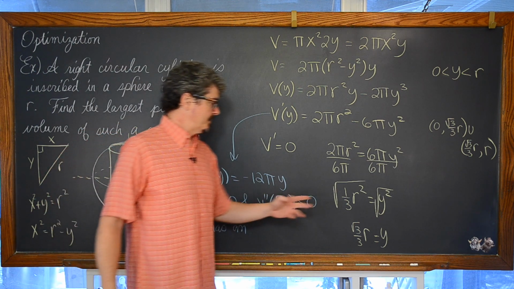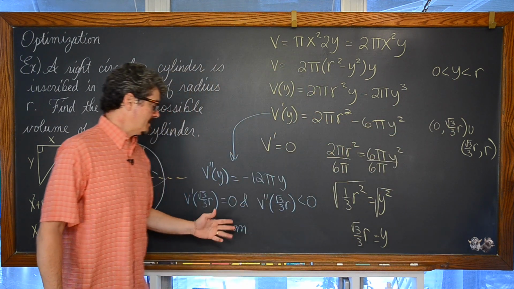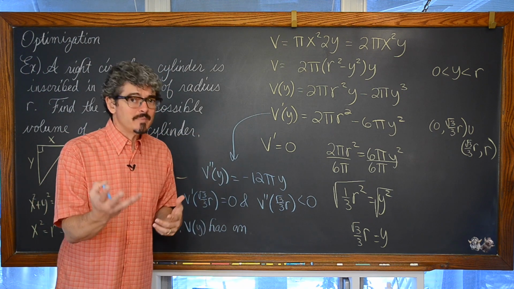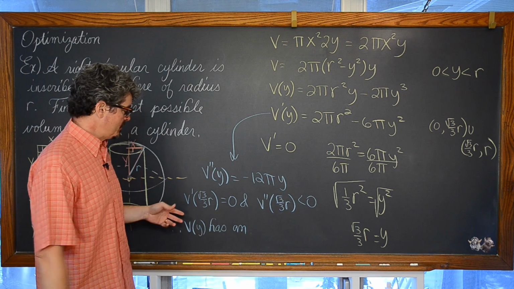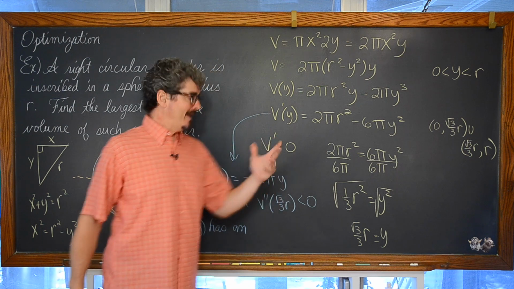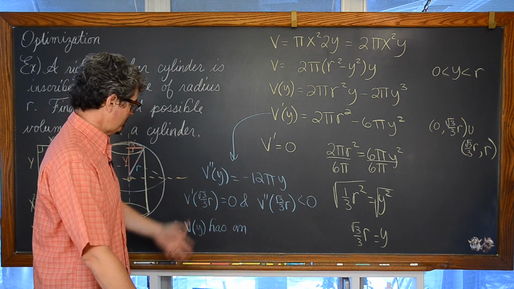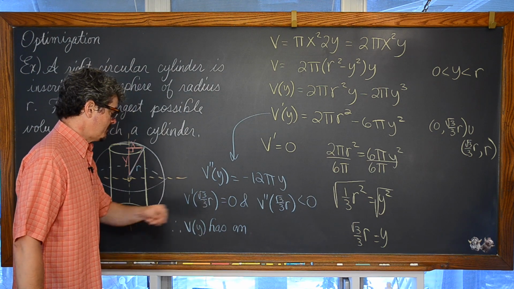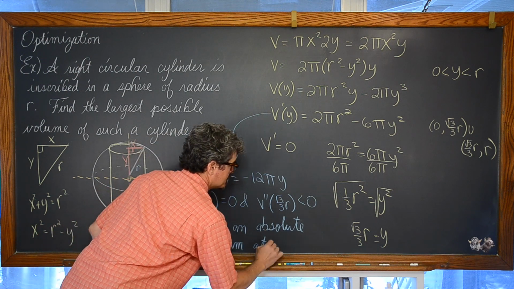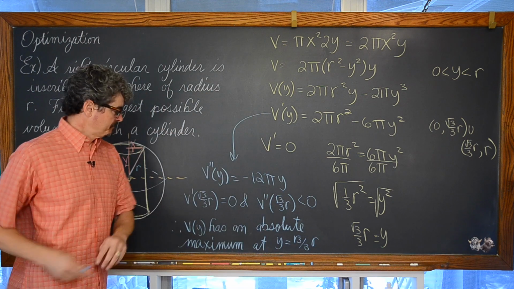First and second derivative tests identify relative extrema. However, this is the only critical value on this open interval, and therefore this isn't just a relative extrema, it's actually an absolute extrema. But if you really need to be super specific with your language, you're going to need to add something like, this is the only critical value on this open interval, and these conditions are met. Therefore, you have a location for an absolute maximum. I'm going to leave that out because I'm running out of room. So therefore, v of y has an absolute maximum at y equal to square root of 3 over 3 r.